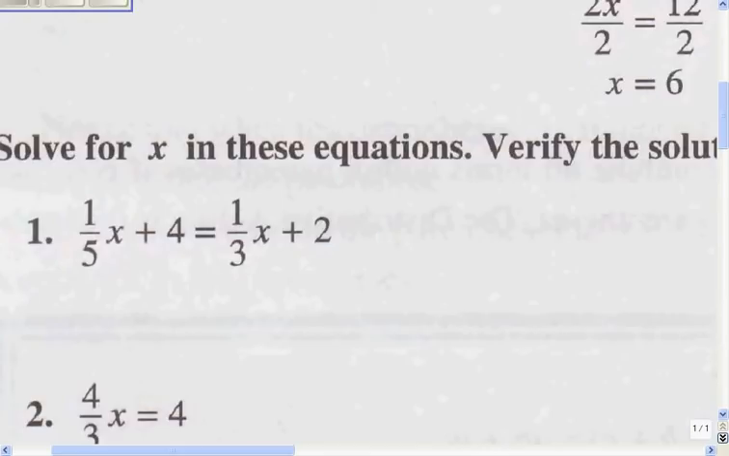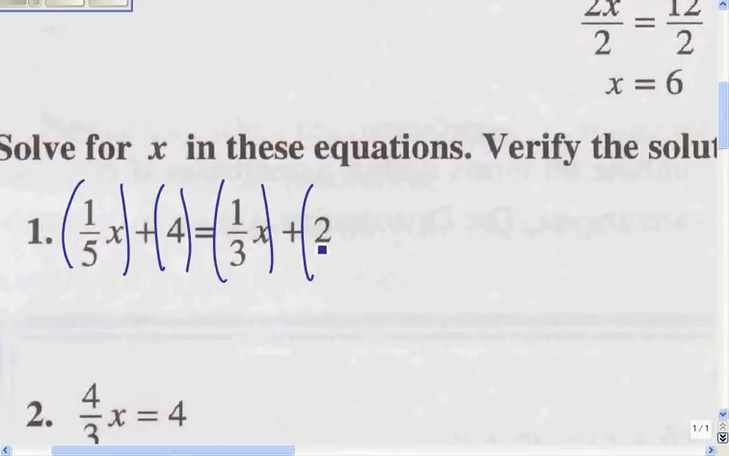Okay, I know what you guys are thinking. You see the fractions and you're thinking, oh no, fractions, I hate fractions. Well, we can get rid of fractions. You don't have to work with fractions. One of the quick ways of getting rid of fractions in an algebraic expression is by multiplying everything by